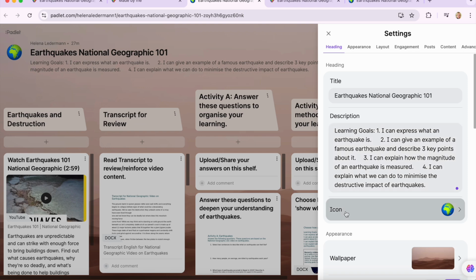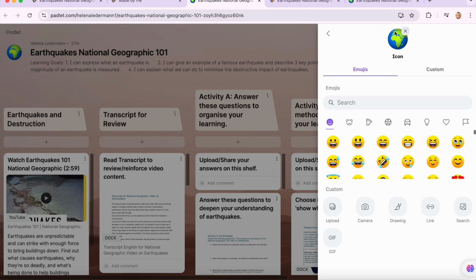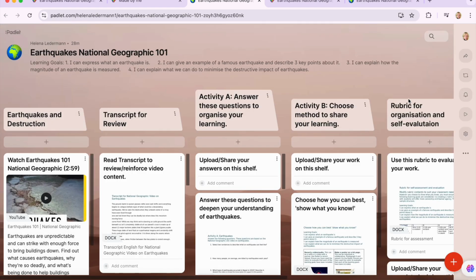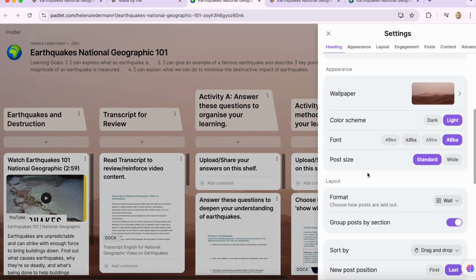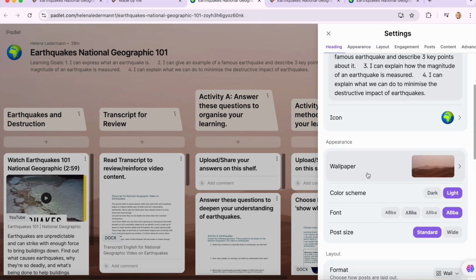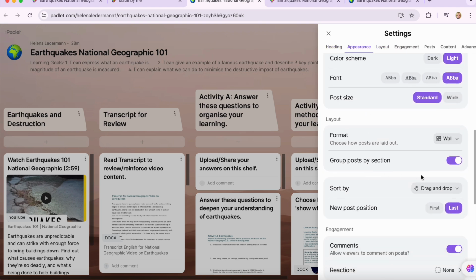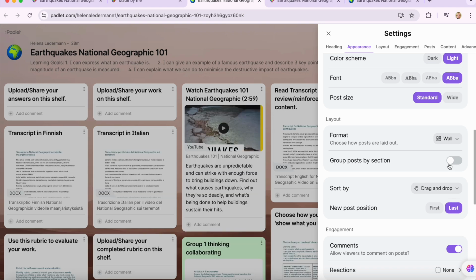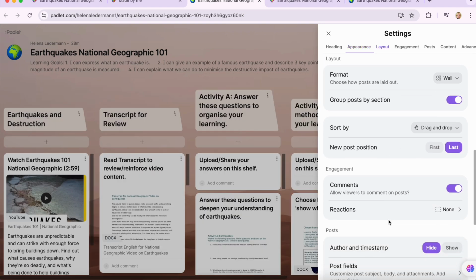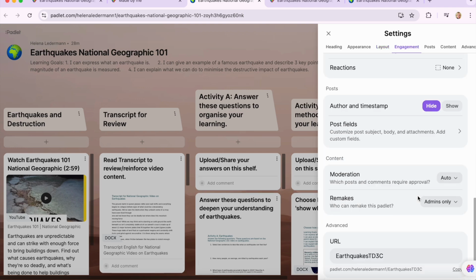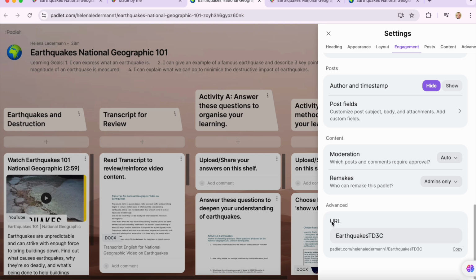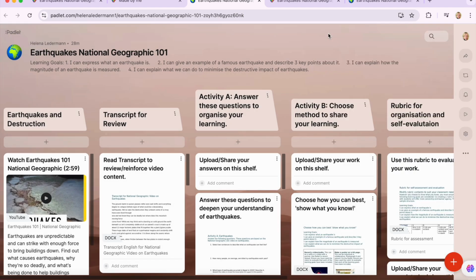And you can also design an icon. I just put in a world because it's linked to geography, but you can create whatever you wish for your class. Again, scrolling down through settings, you can enable students to comment on material, or you can take comments off. It depends on you. And you can also create a URL that is a bit bespoke and easier to access. So I'm calling this one Earthquakes TD3C. Okay, so just going out of settings for a moment,